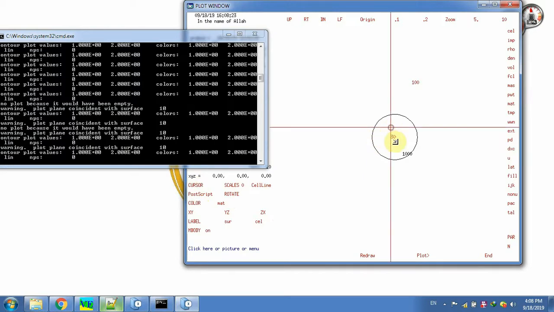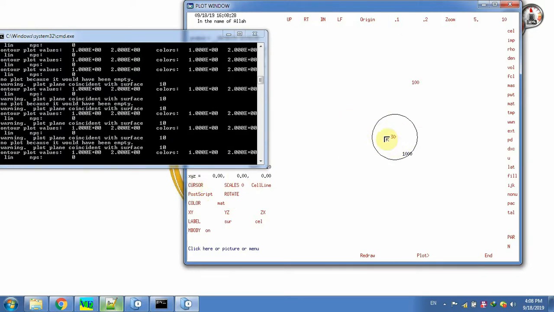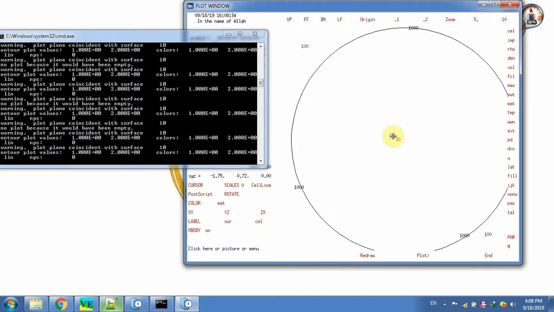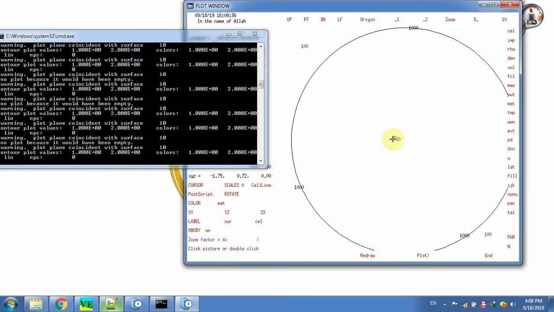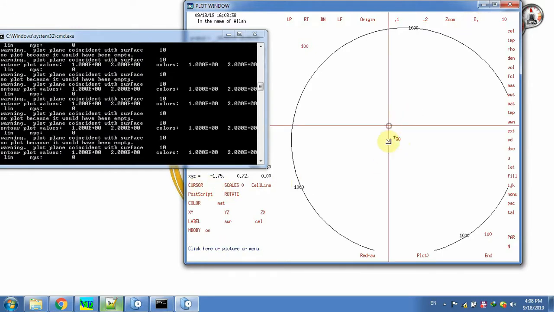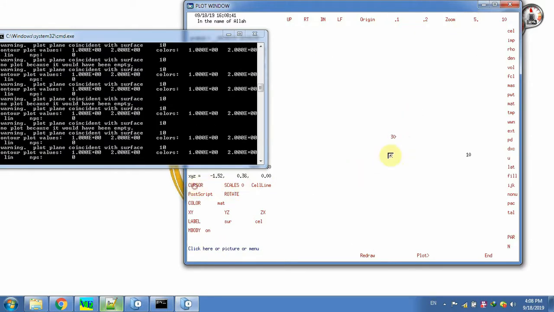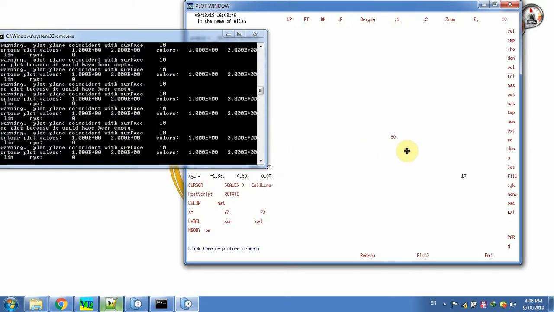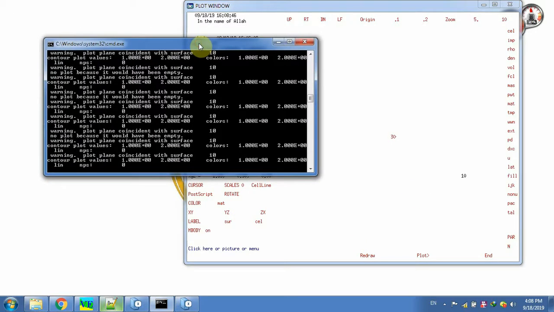Okay, let me zoom it. Here. Okay. So after checking your geometry,